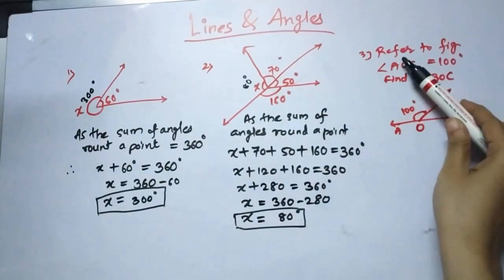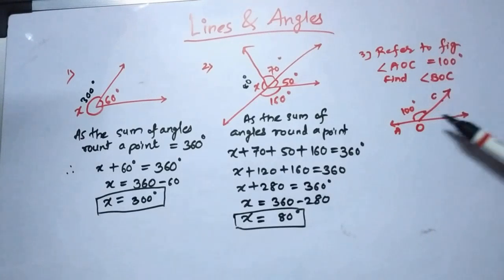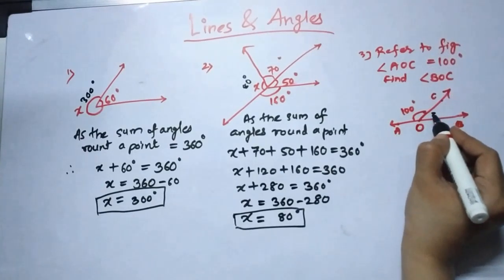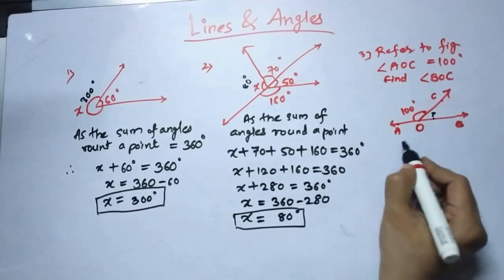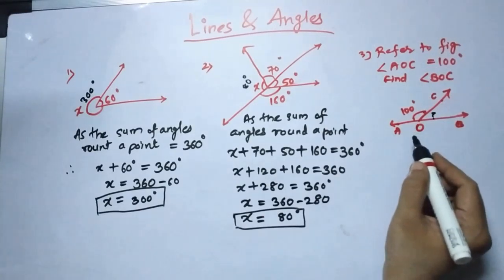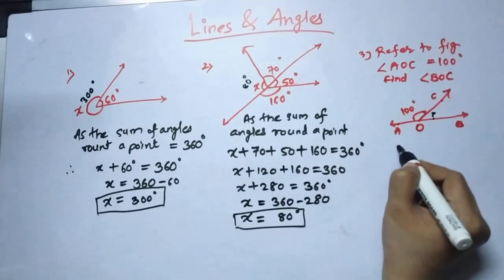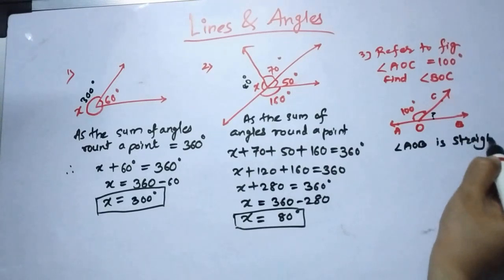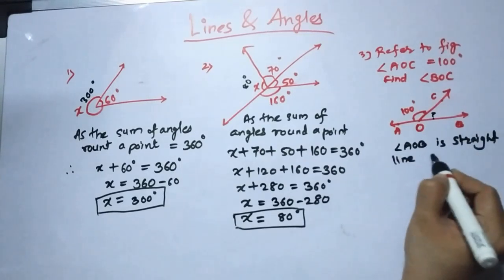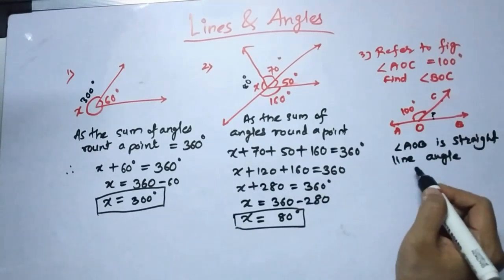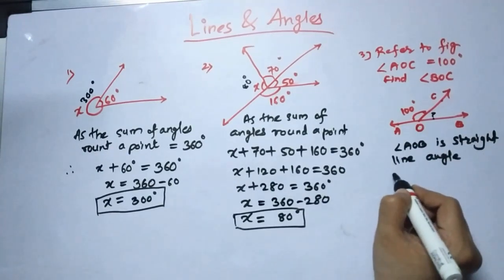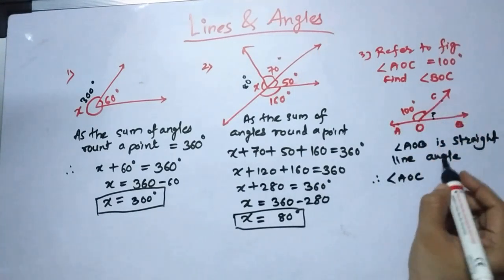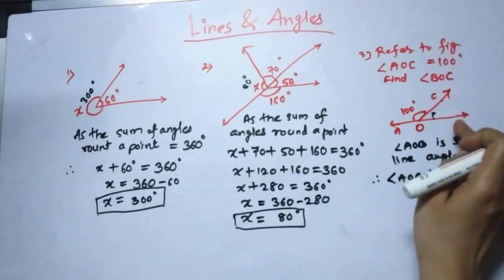So friends, the next question is: refer to the figure. Here it is given that angle AOC is 100 degrees. Find angle BOC, meaning we need to find this angle. Here we can see that this is a straight line angle. So you can say angle AOB is a straight angle, which is equal to 180 degrees. So you can write down here, therefore, angle AOC plus angle BOC,